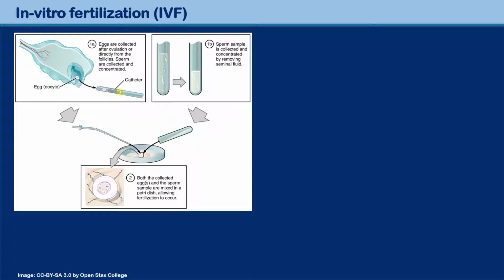This is a procedure in which the needle is inserted through the wall of the vagina. On the outside there is an ultrasound device which is important for navigating the device. So it is quite a high-tech procedure. Normally the doctors do not only collect one egg cell but multiple egg cells. And in order to obtain multiple egg cells, you need to do a hormone treatment, which I'm going to explain later. The sperm cells are also collected, and they have to be concentrated and cleaned, because sometimes the